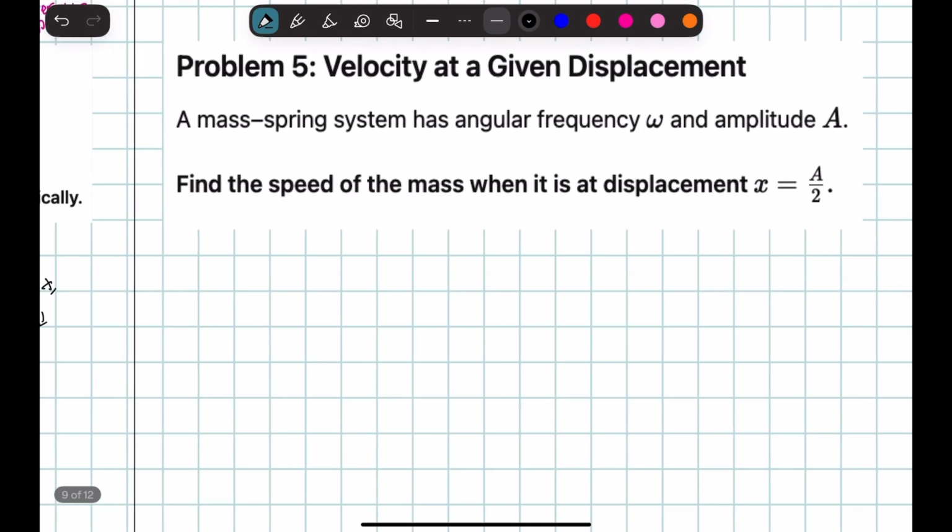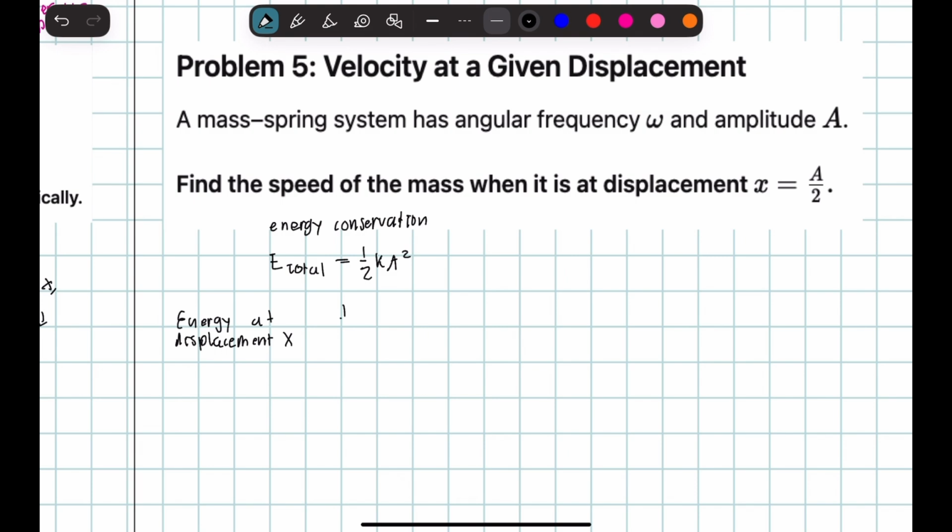A mass spring system has an angular velocity omega and amplitude A. Find the speed of the mass when it is at displacement x equal to A over 2. So we can use energy conservation. Using energy conservation, we know that the total energy is going to be equal to 1/2 k times A squared. And we know that the energy at displacement